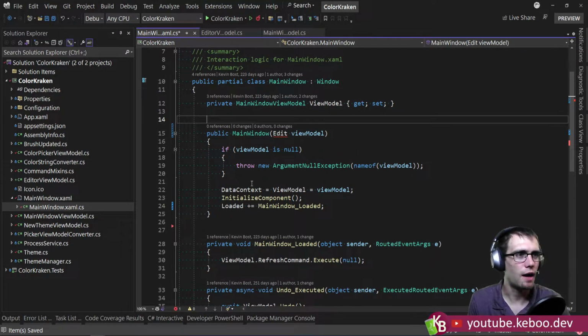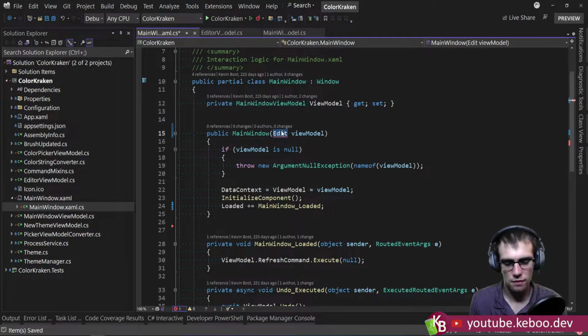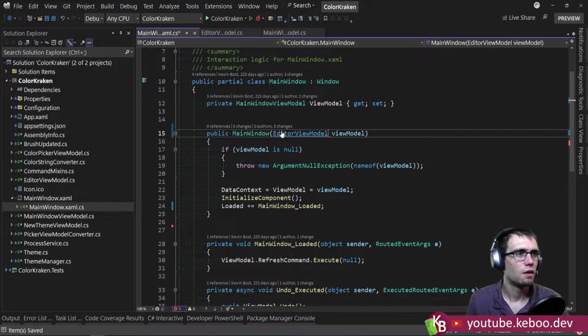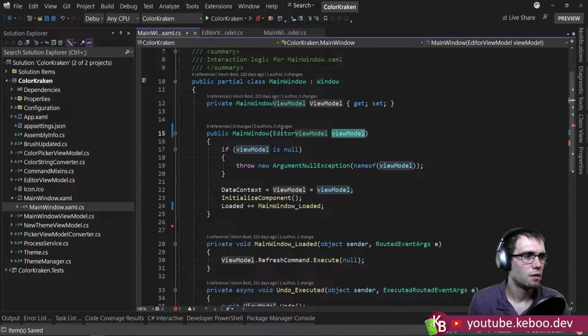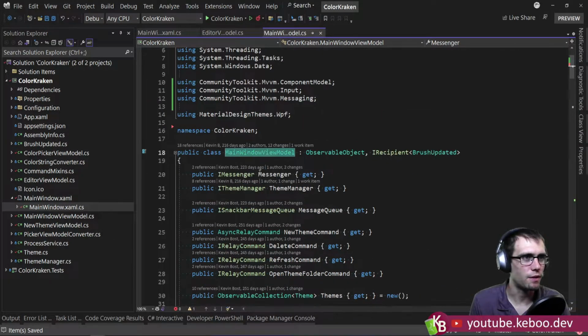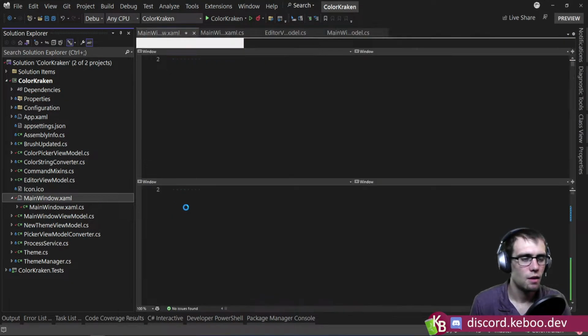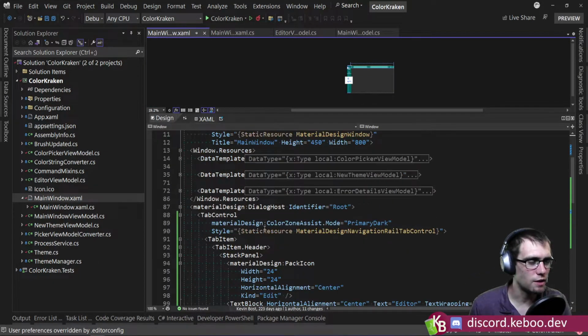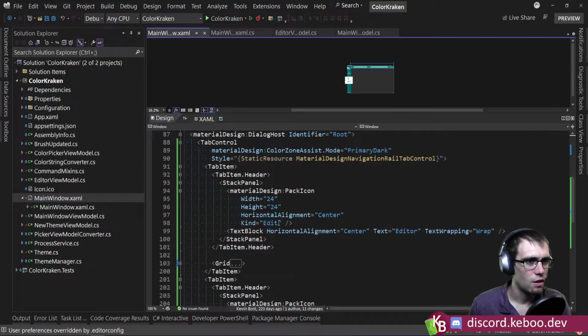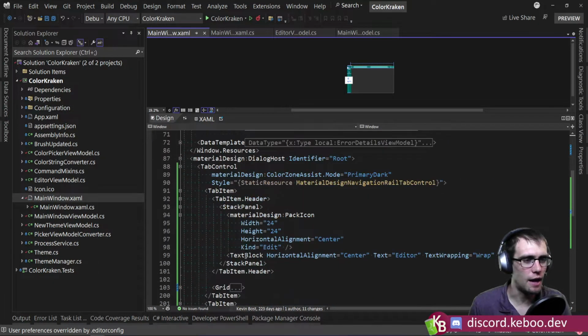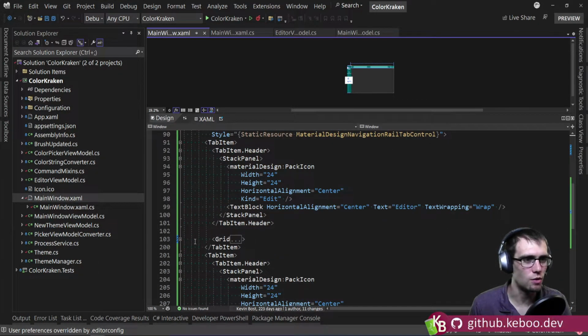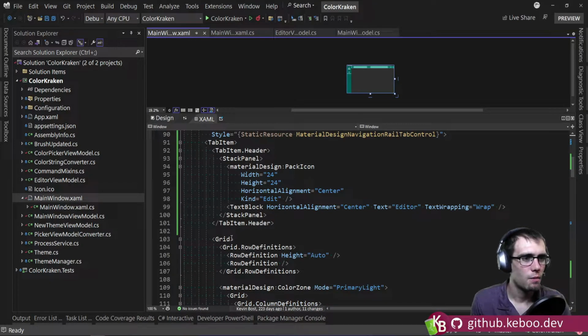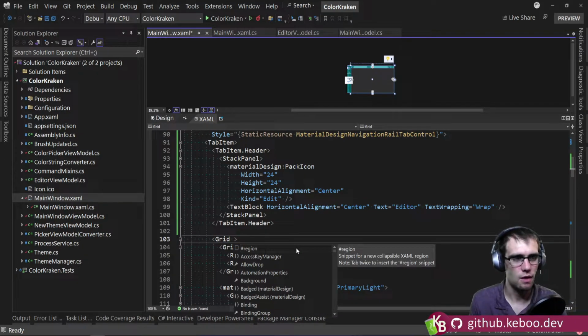So, editor view model. Because there's nothing main windowy about this. Because at the end of the day, all of what was the main window view model is now up higher. And I may end up breaking out this entire grid into its own user control at some point. But I think what we're going to do here is,